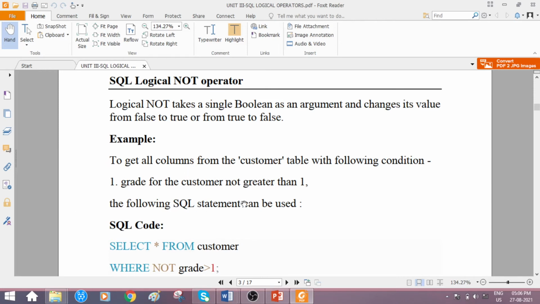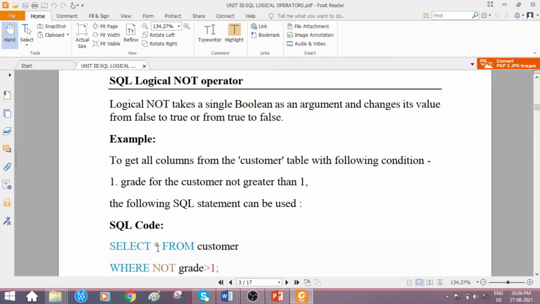So how can the SQL statement be written? See, select, the asterisk symbol is used. So asterisk means what? They have told to get all columns. If all the attribute information from the table has to be viewed, then we can make use of the asterisk symbol. But if you want to view only a few column details, then you avoid the asterisk and specify only those column names which you want to view. So here they have told to get all columns, so that is why we are using the asterisk symbol to display all the column values.